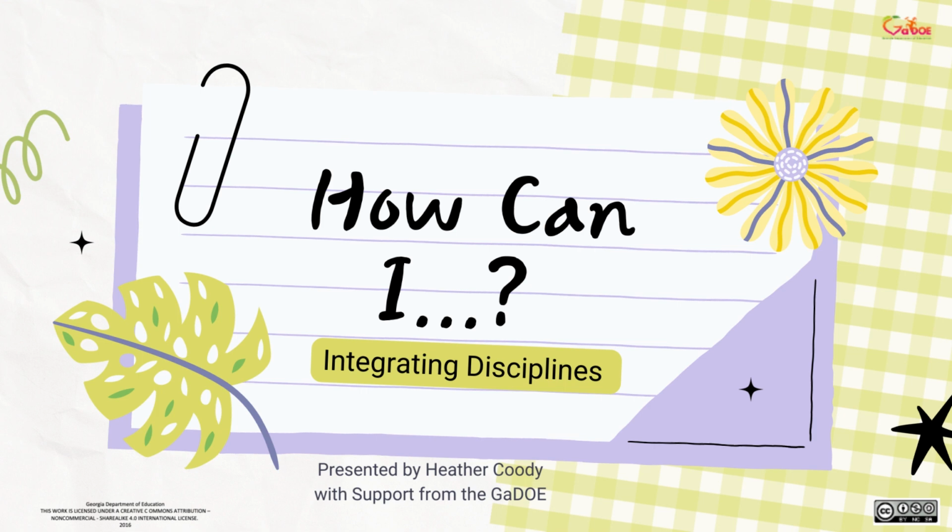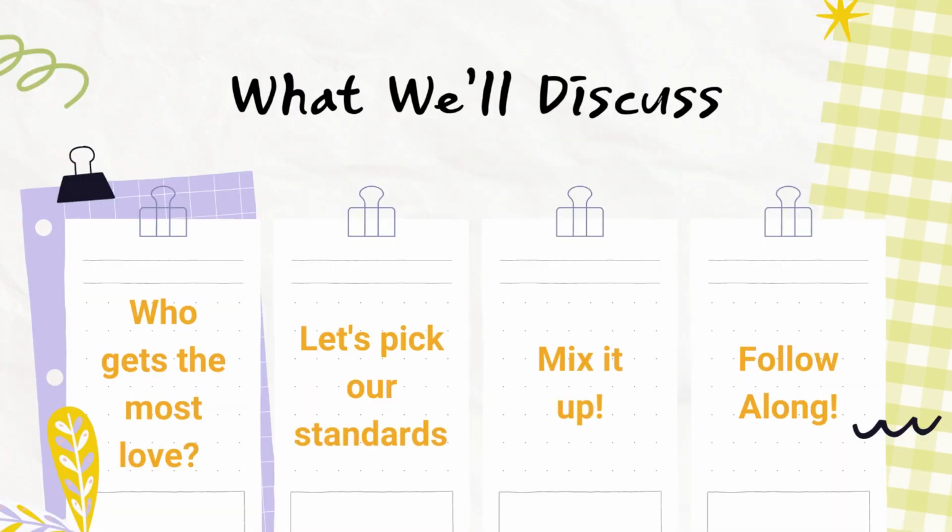So today we're going to begin talking about integrating disciplines. When I say integrating disciplines, gang, I'm talking about taking it a step further than that four hat or disciplinary thinking and really specifically beginning the conversation about how can we integrate the disciplines of history and economics and geography and civics and government. And the reason I say begin the conversation is because this is not a one and done.